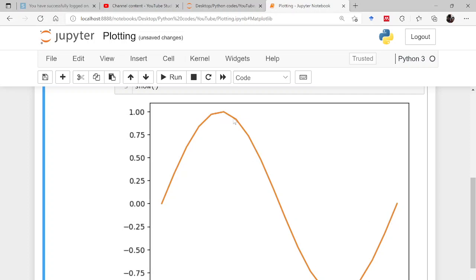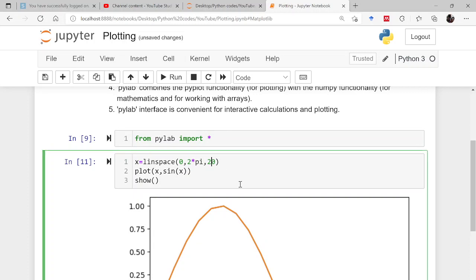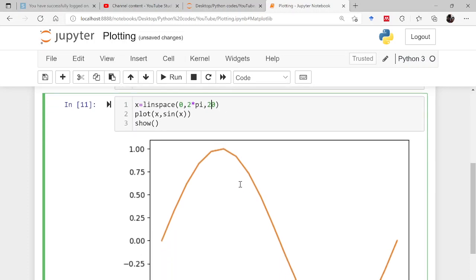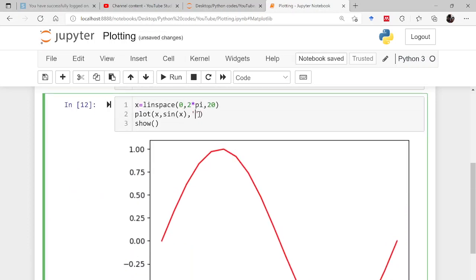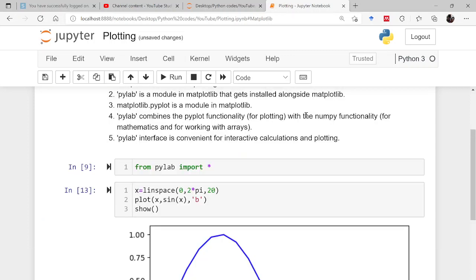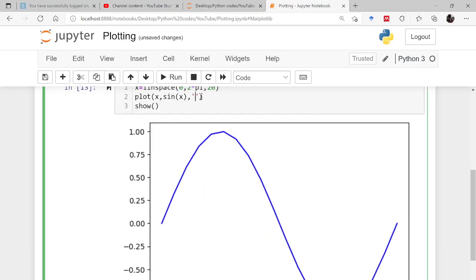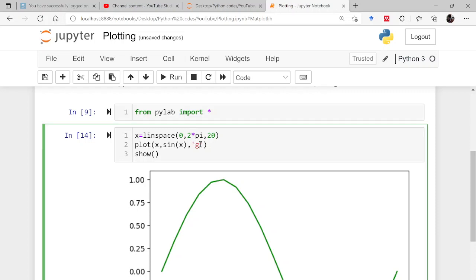Now you can see the straight lines because we are having only 20 data points, and that is done purposefully so that I can show you how to show data points here also. So you write a comma, then inverted commas, then you give the color, whatever color plot you want. Let us say r, so that becomes red. If you want it in blue, then write b. If you want it in green, g. If you want it in black, then you have to use k. k stands for black, because b has already been used for blue.